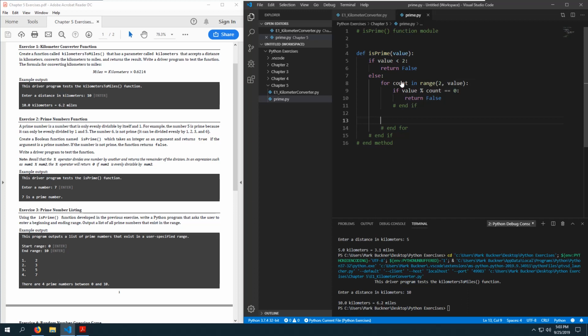However, if they enter 7, count would be 2 the first time, and 7 mod 2 is 1. So we would go to the next iteration. Count is now 3. Value mod 3 is equal to 1, so we'll go to the next iteration because it's not 0. 7 mod 4 is 3, which is not 0. 7 mod 5 is 2. 7 mod 6 is 1,